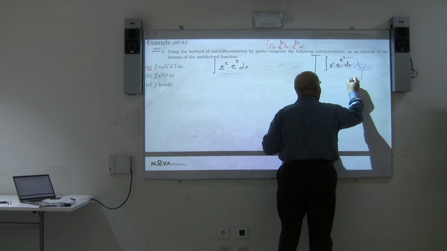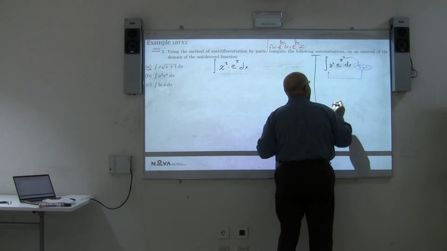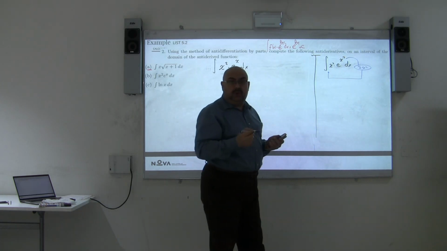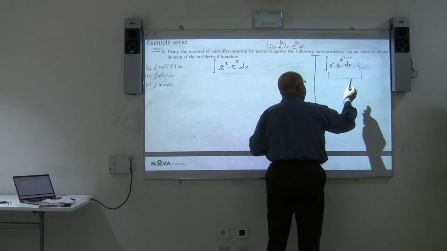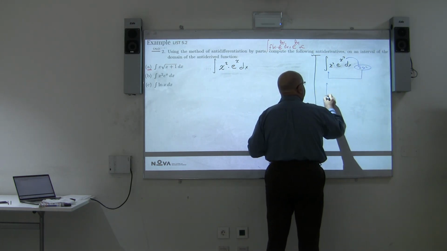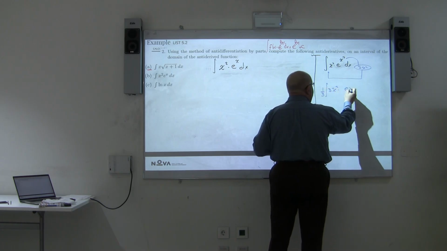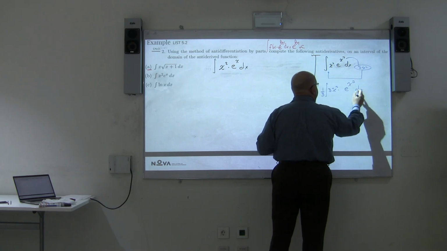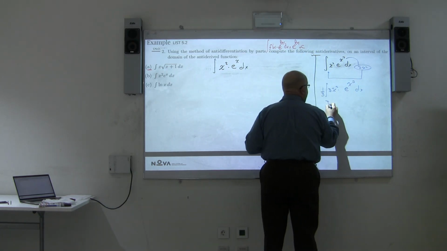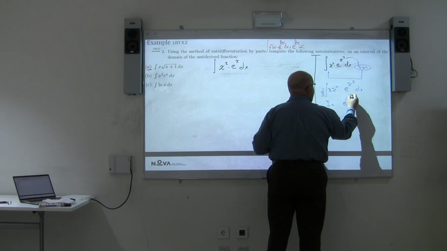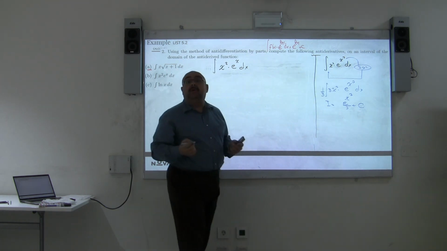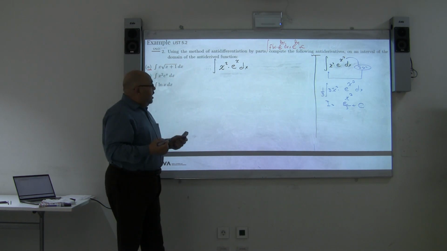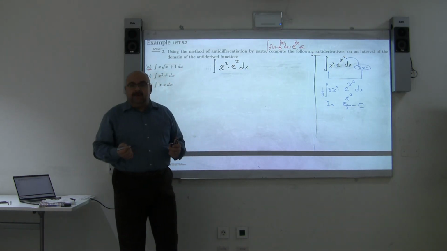The only issue is to check if this value of this exponent already exists or not. As you can see, I have x squared, but I'm missing a positive 3. So all I have to do now is to multiply by 3 and divide by 3 on the polynomial part and consider my function. It's going to be exactly on the rule. So I is going to be e to the power of x cubed over 3 plus the constant of integration,